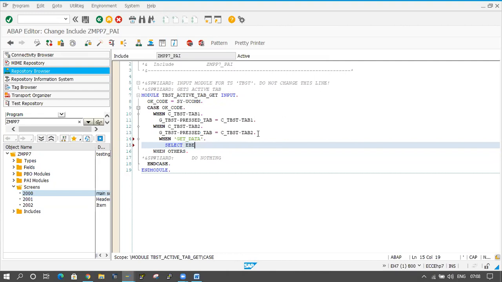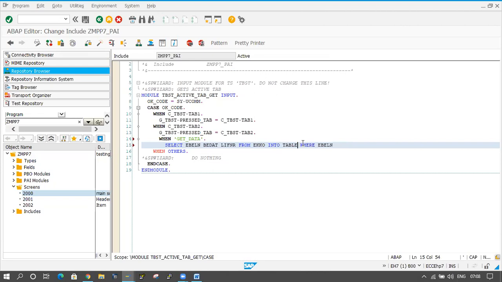Select EBELN, BEDAT, and LIFNR from EKKO into work area EKKO where EBELN. One minute, guys. Fine. If I take a single value, then work area is fine. But if we take multiple values, then an internal table is required. Fine, I will take into table here.